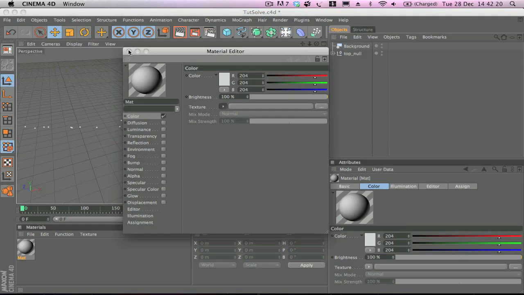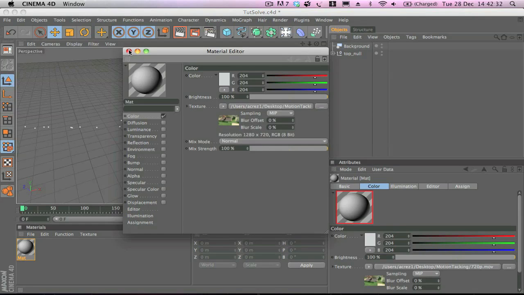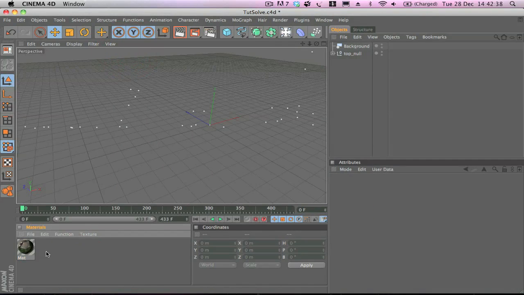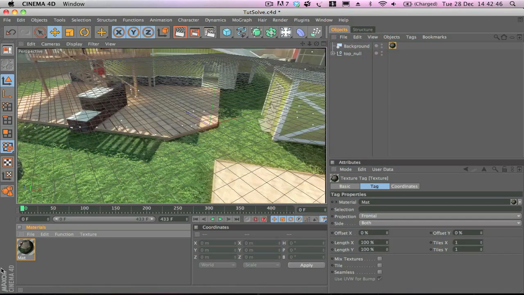And then what this is going to do is upload the video file, and then we're going to drag it over to the background, and then the background will have our video file ready to add some text to, and then some shadows and all that good stuff. So once that's done, just drag the material over to your background and just drop it onto the background. Cool, so we can see now if we scrub through,